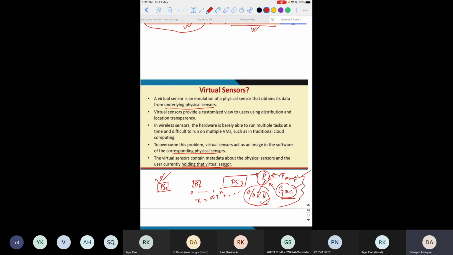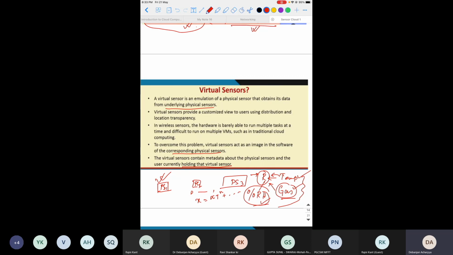So in future you may see that the virtual sensor actually replaces the physical sensor. The virtual sensor is trying to find out the associativeness between the different physical sensors, and there is an artificial neural network. By using that, or by using machine learning, it can tell you the exact data.